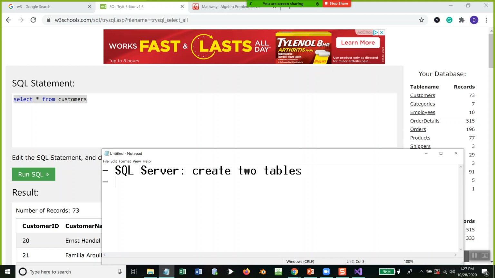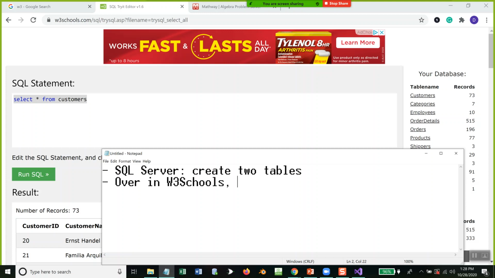So I want you to create 2 tables, your choice. Think about what you'd want to keep track of. If you have a movie collection, think about what information would be important for you to keep track of for your movie collection. Movie name, producer, director, year, and so forth. Think about the different data types that you might want. Integer, or do you want a varchar type of deal? So create 2 tables in there, and then over at W3Schools,